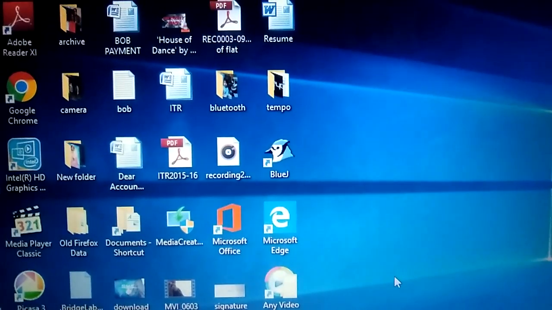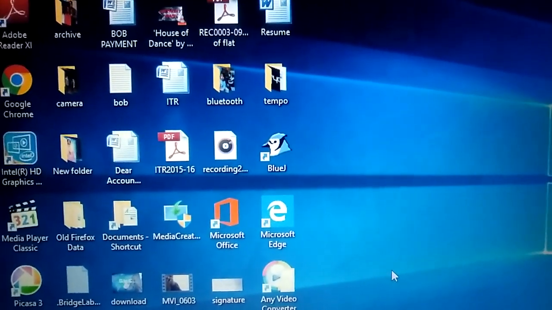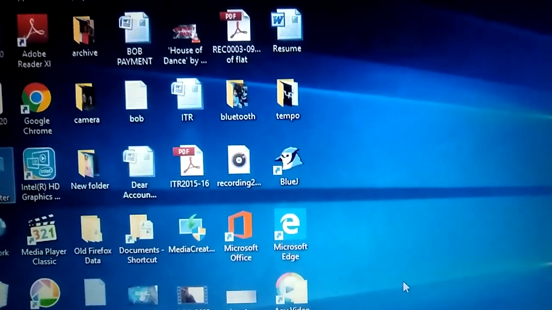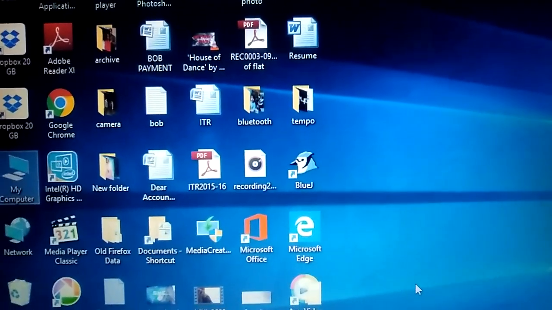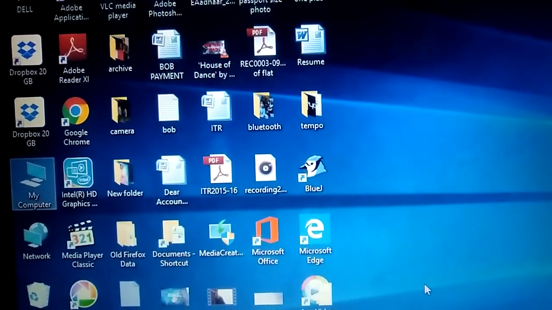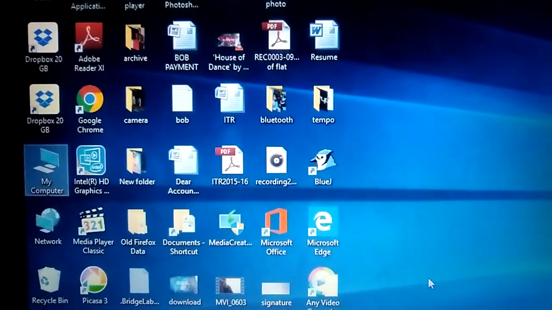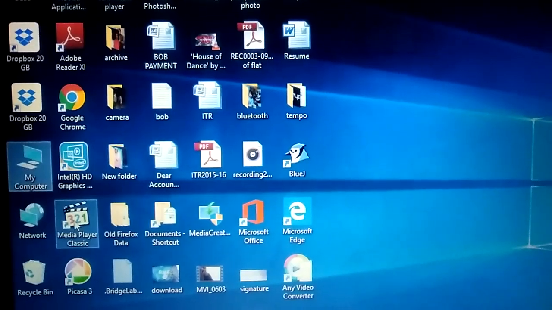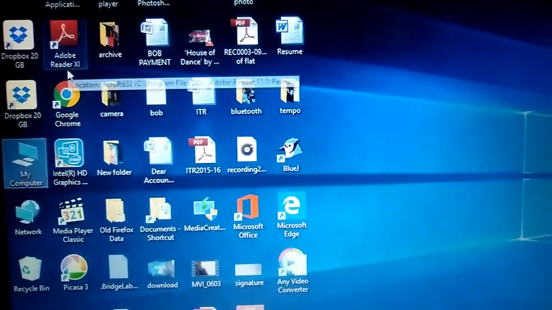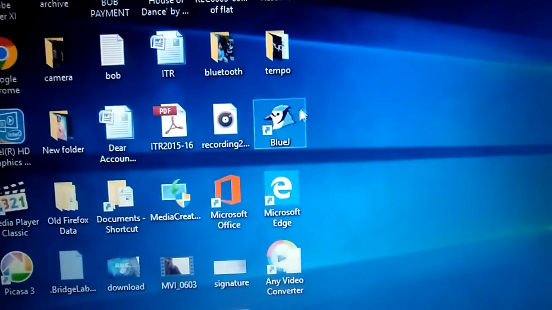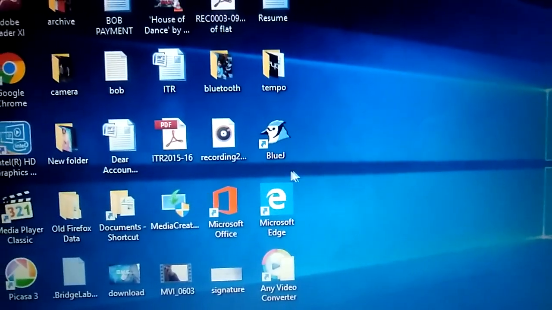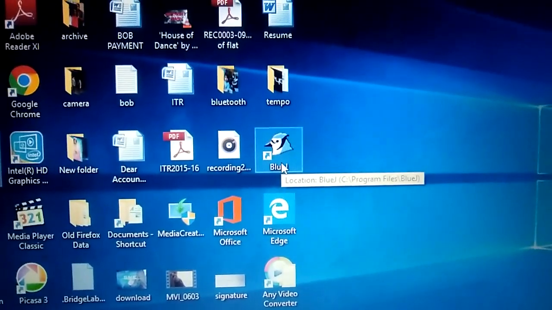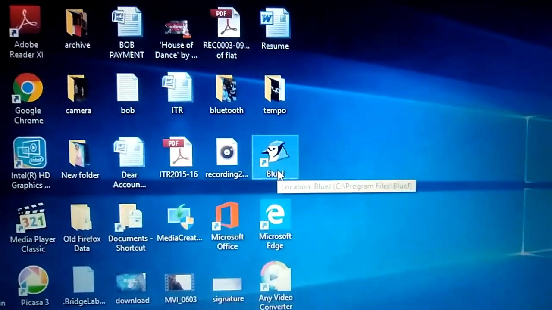We are going to see how to start BlueJ Java in our computer and how to do the practical of BlueJ Java upon the computer system. If Java is not installed on your system, go to Google and download the package. When you install, you will get the shortcut upon the desktop. Double click the shortcut of BlueJ Java software.